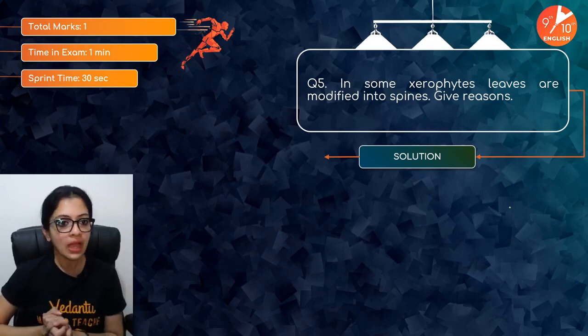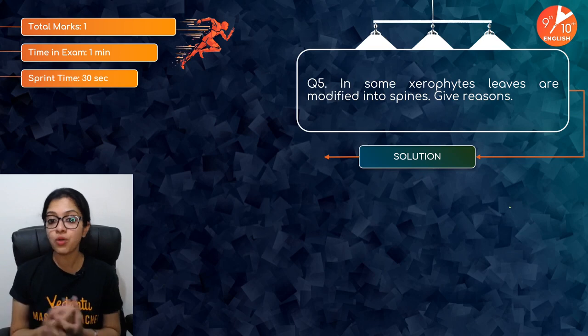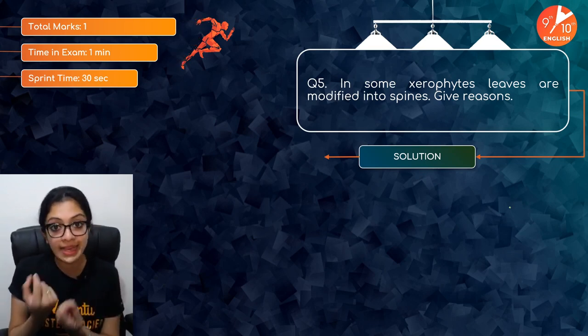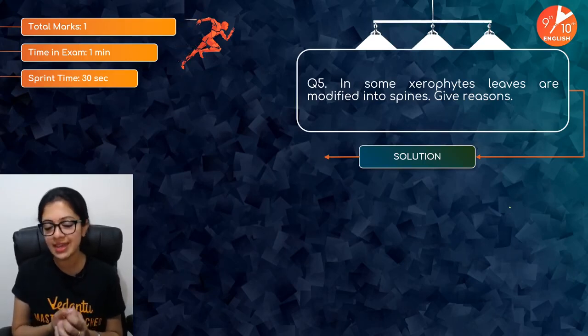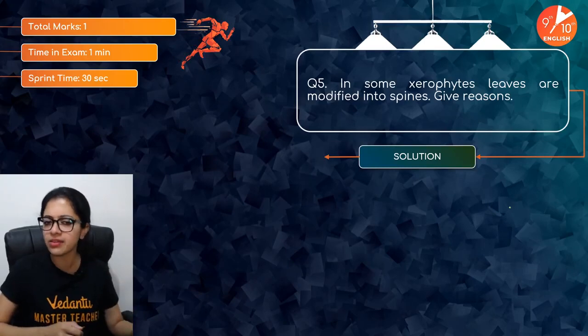Question 5. Again, another 1 mark question for you. In some xerophytes, leaves are modified into spines. Why? Give reason for this. Give scientific reason or give the technical reason. That's how ICSE designs questions. Xerophytes, like nerium, like opuntia,